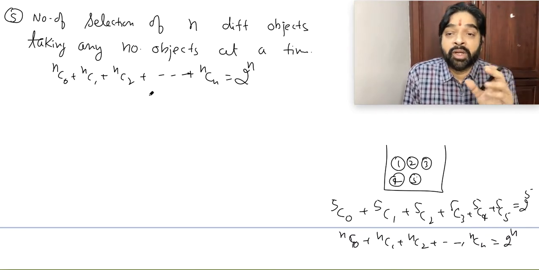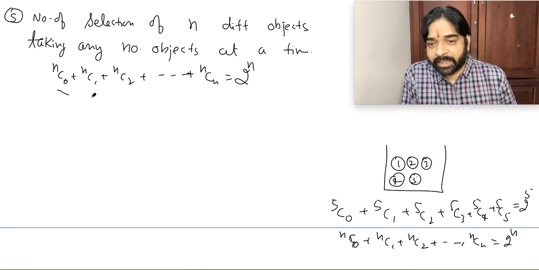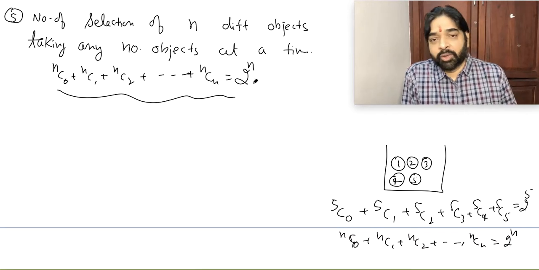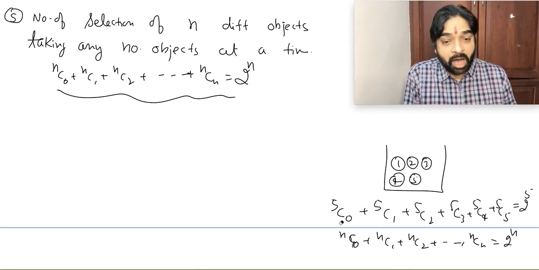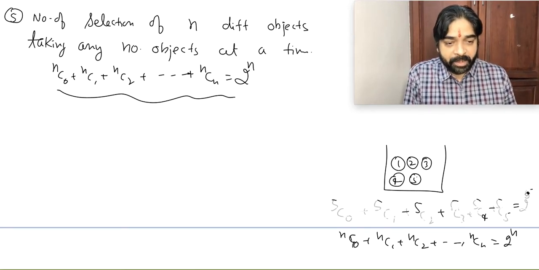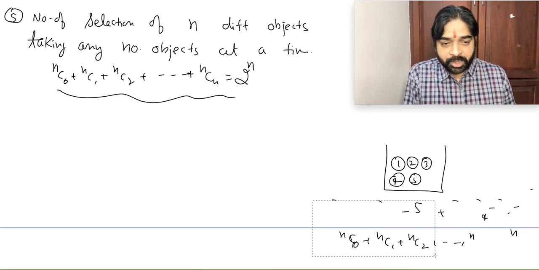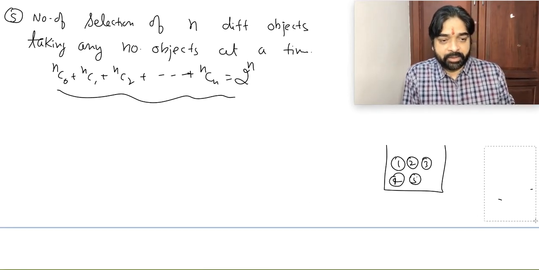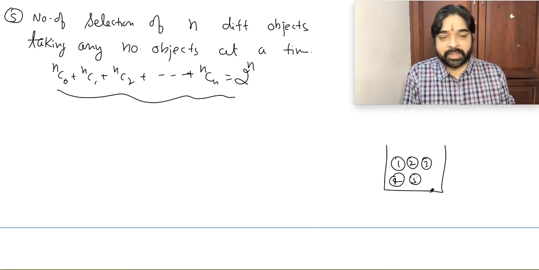Can we do it another way? Suppose, imagine in the initial stage I didn't tell you this formula, that this value is equal to 2 power n. So how will we do this question? Or I don't know that 2 power 5. How should we do it? Let me explain, the proper permutation combination way. Some difficulty may be there in understanding, so please concentrate.